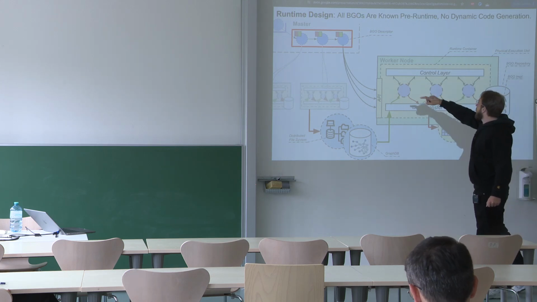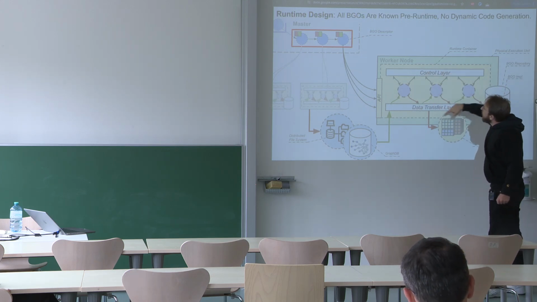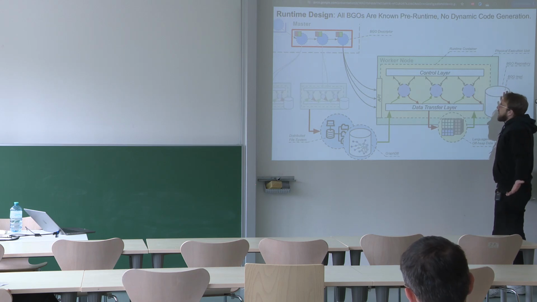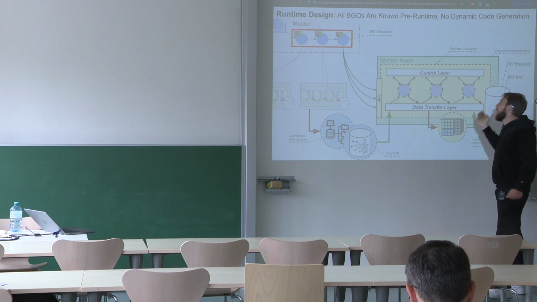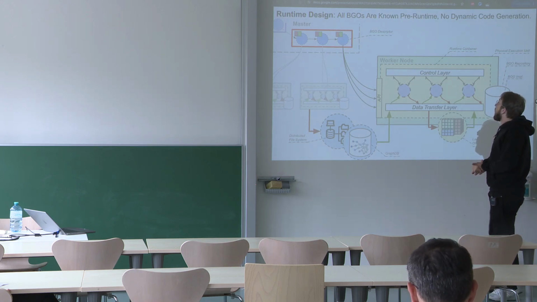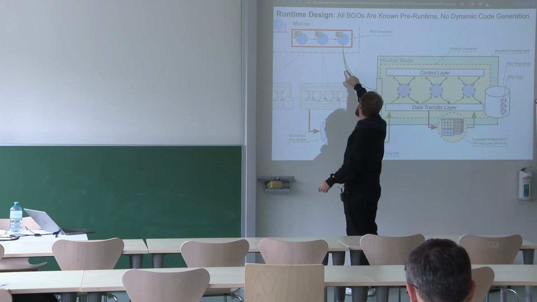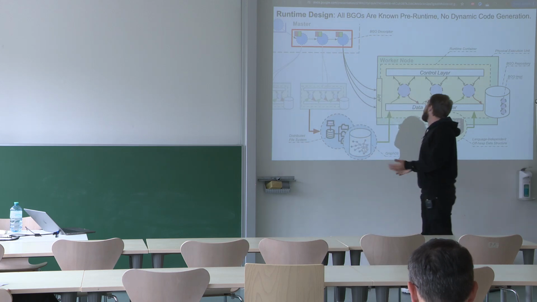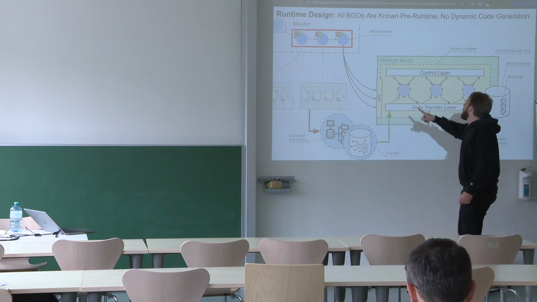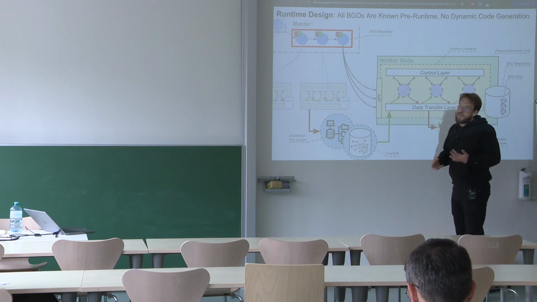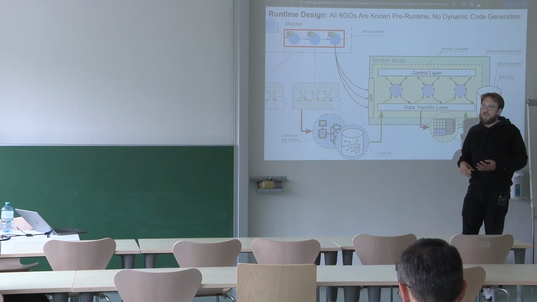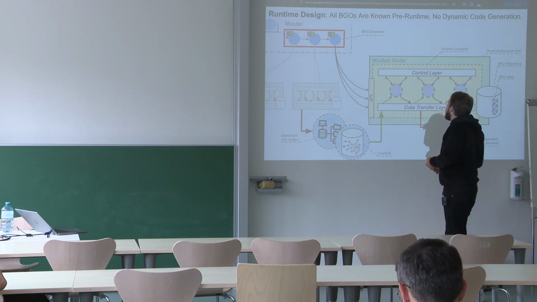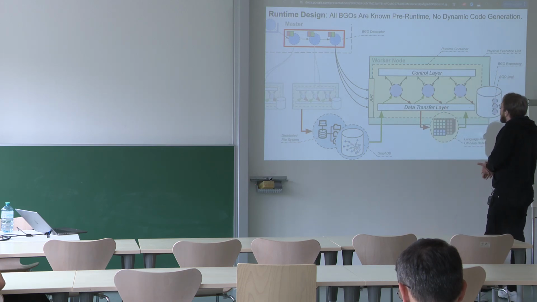So this is one worker node, and there's one runtime component, which is practically like a process with a control layer and a data transfer layer. And there are signals from our master node, something like lifecycle: roll out this runtime, start the runtime component, and start each of these BGOs. Obviously, these lifecycles are a little bit more complex because there's debugging information, there might be information about errors and failures, but in general, that's the principle.